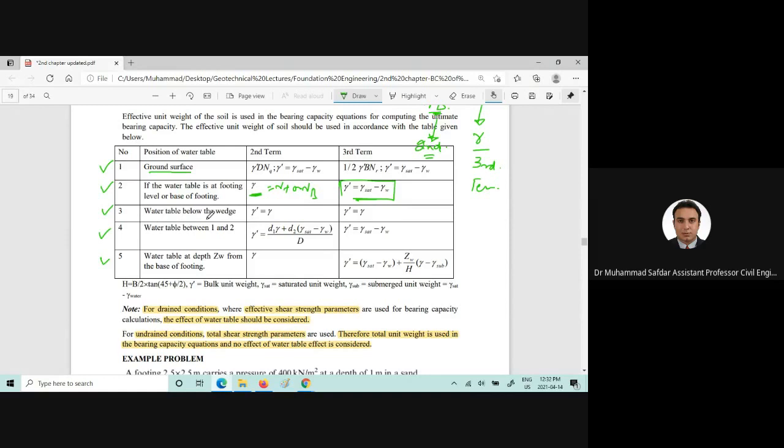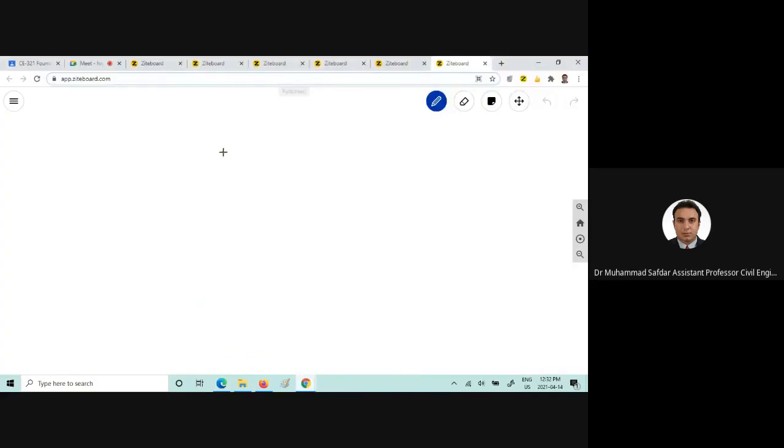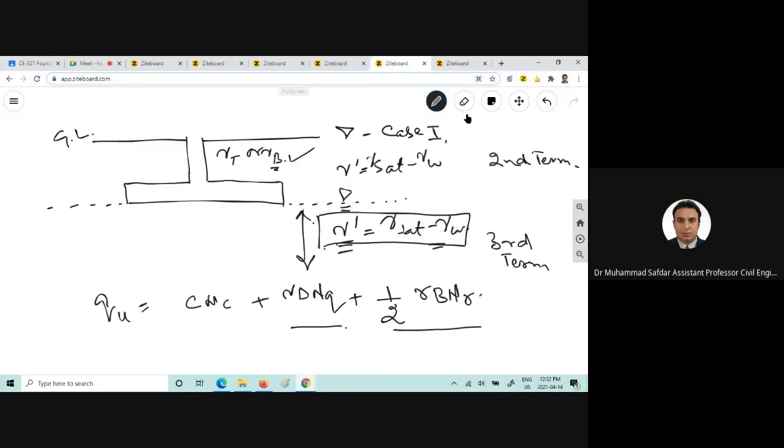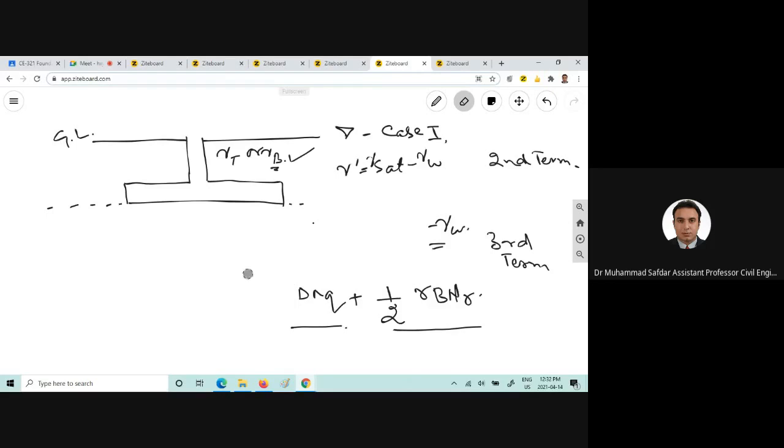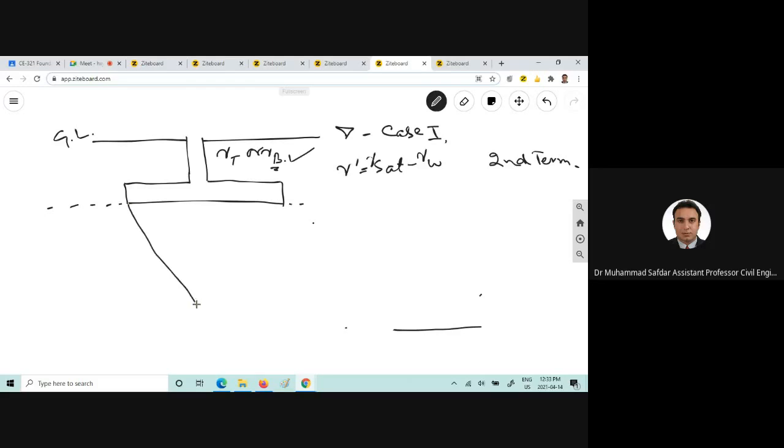Now, what about the water table below the wedge? It means that we are, so if you remember,